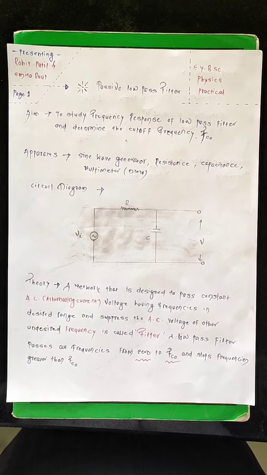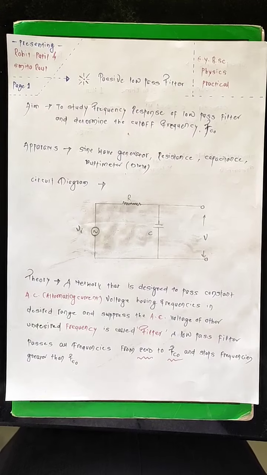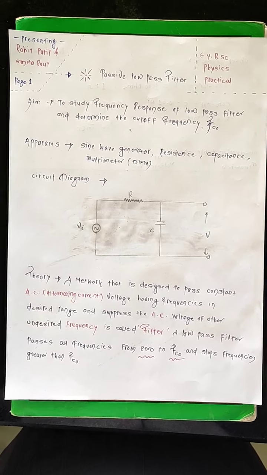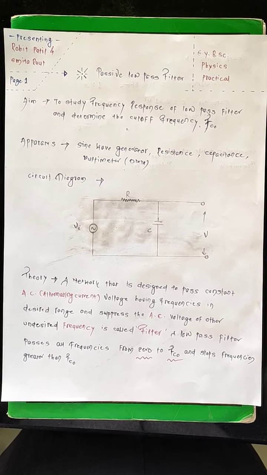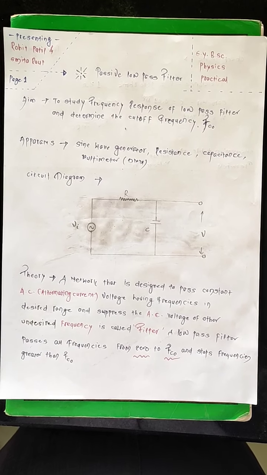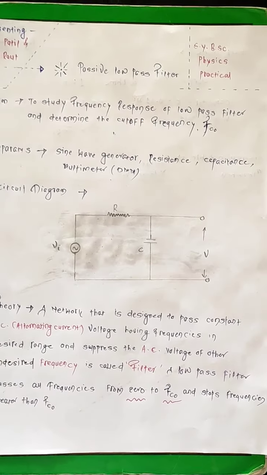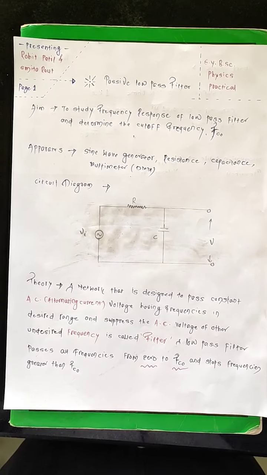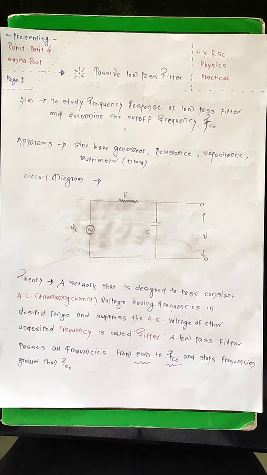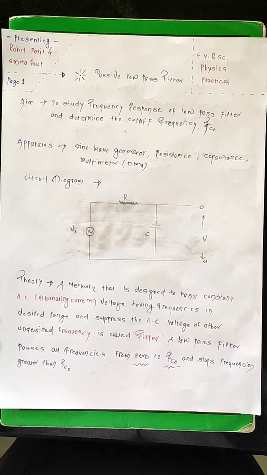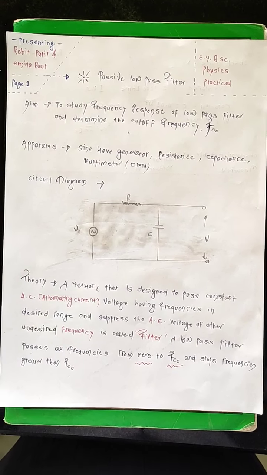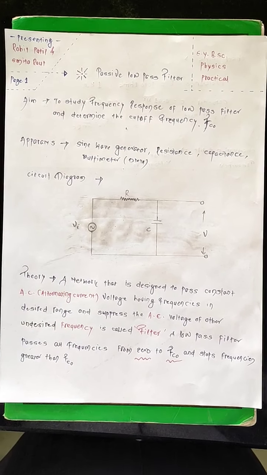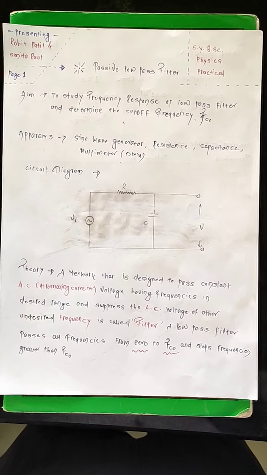Good morning. Today we are going to take a look at one of the experiments from our second year BSc physics paper 2, that is electronics. The name of the experiment is passive low pass filters, right? So this is the introductory page for our experiment, and through this experiment what we are going to achieve is to check the frequency response of an RC network to AC input current.